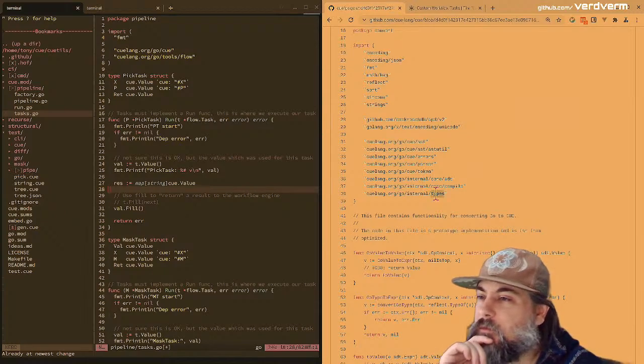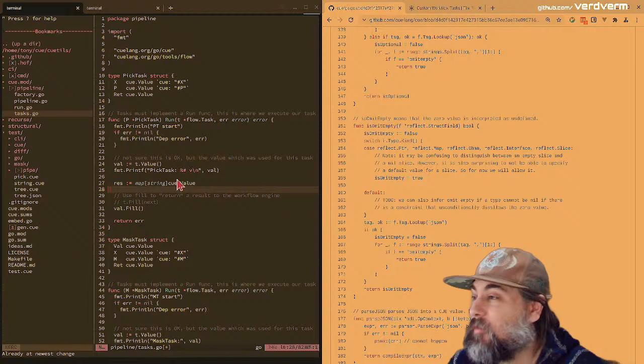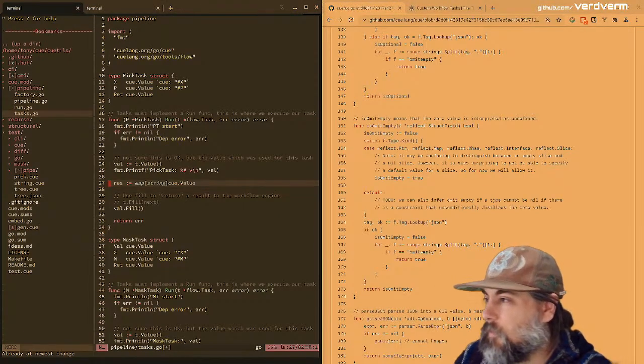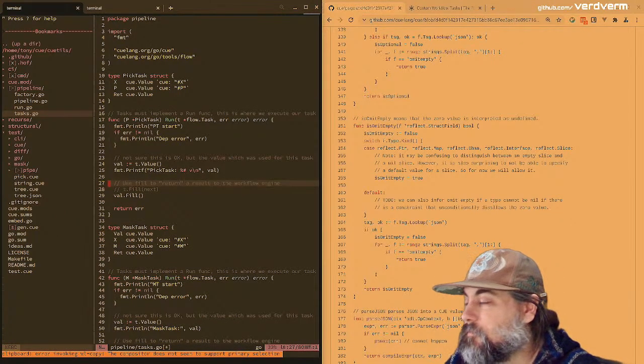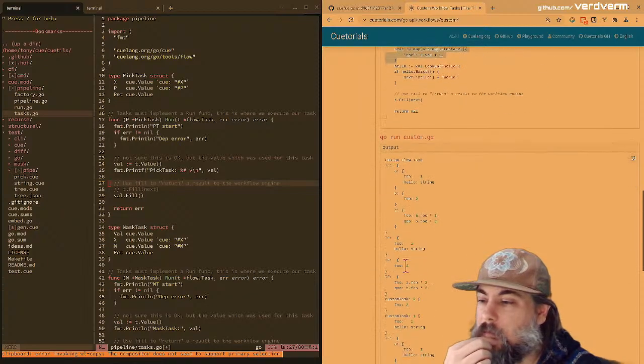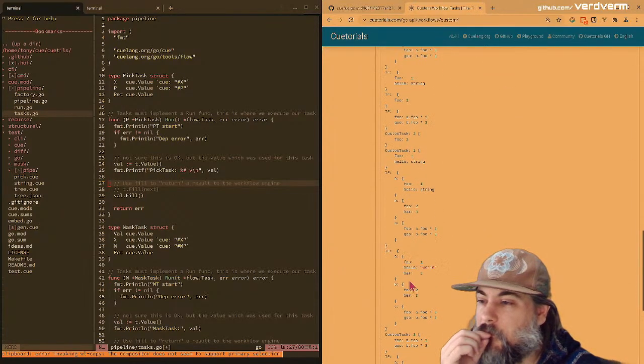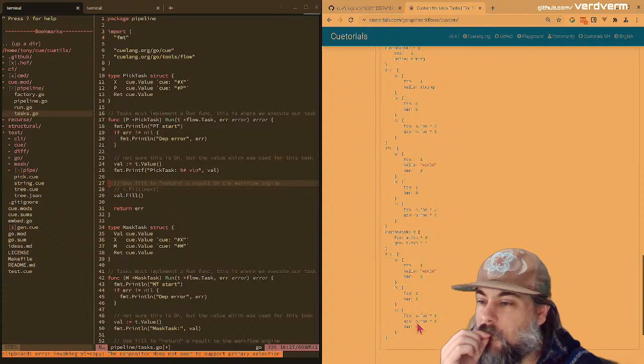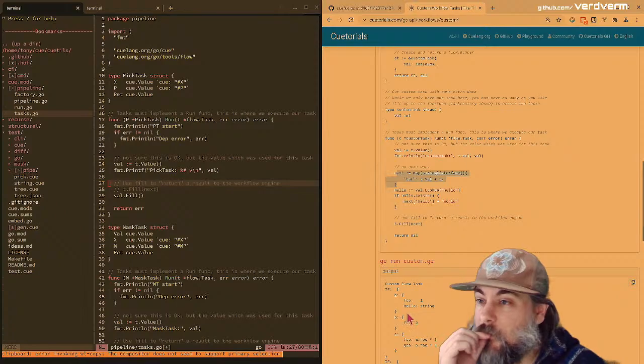Okay, types, internal. Maybe it does accept the value. So what we could do. What are we doing over here? I think we're filling in a map. I'm not sure about the,